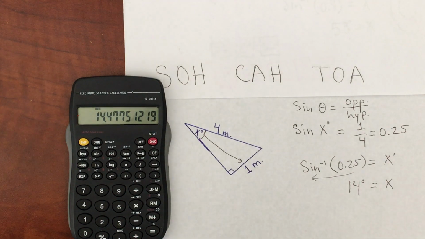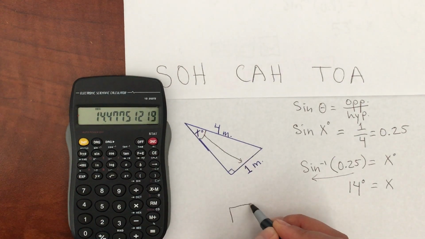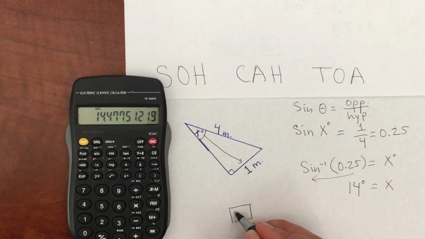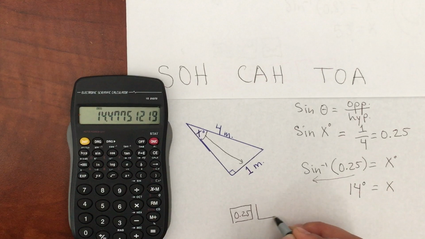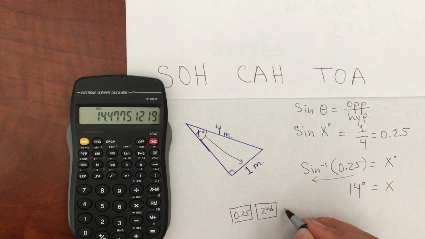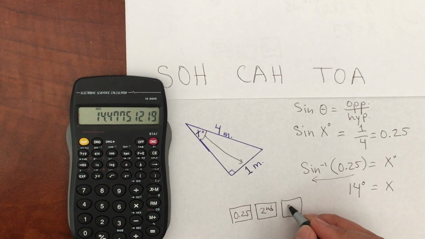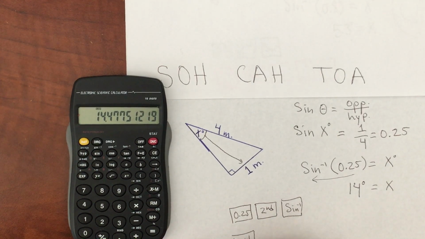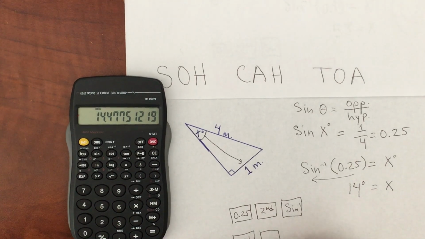14 degrees. Again, what did I press? First of all, I found the ratio, right? I divided, and that ratio I put in my calculator, so 0.25, second key, and then sine, which gives me, by pressing the second, the sine inverse. Other calculators will be second key or shift, sine, which is the negative,